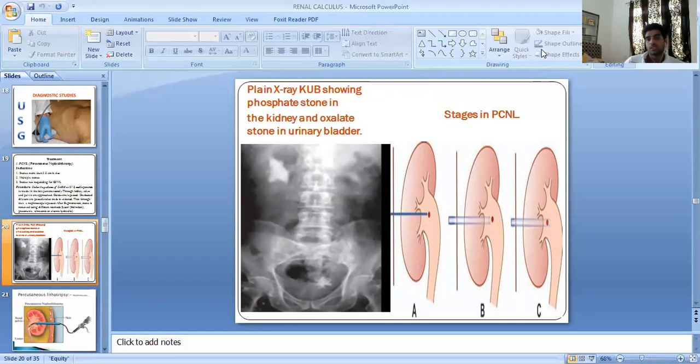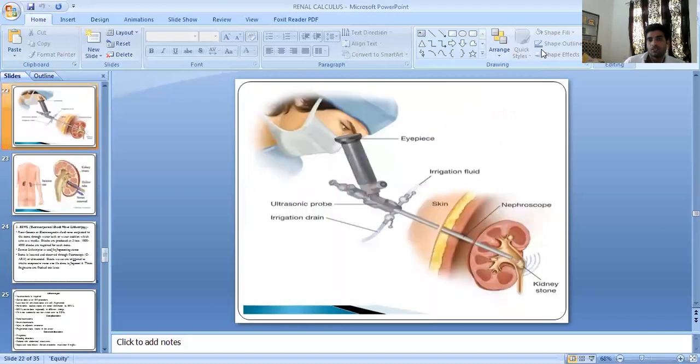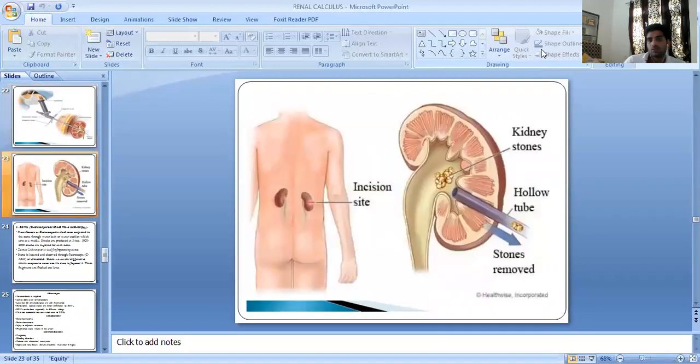As you can see in this diagram, stages in PCNL A, B, and C. This is the percutaneous lithotripsy. As you can see, nephroscope, renal pelvis, ureter, and this is the nephroscope. This is the consequence of this percutaneous nephrolithotomy. Here, as you can see in the renal stone, the part of calyx,